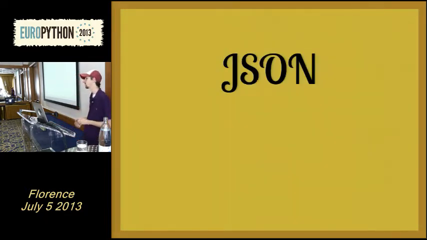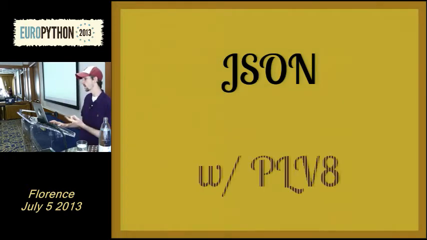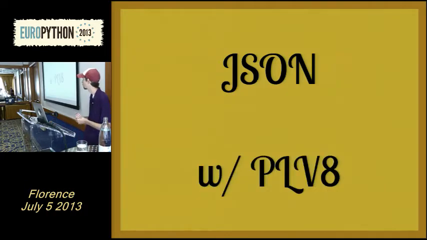But there are some limitations. It's a key value store. It's only strings. You can't nest things. In Postgres 9.2, there's a native JSON data type. But it has some limitations as well. It doesn't have built-in operators, so you can't search for specific values in the JSON. This gets a lot better in Postgres 9.3, which should be out just around the corner, possibly by end of summer. But you can actually do something with PLV8.